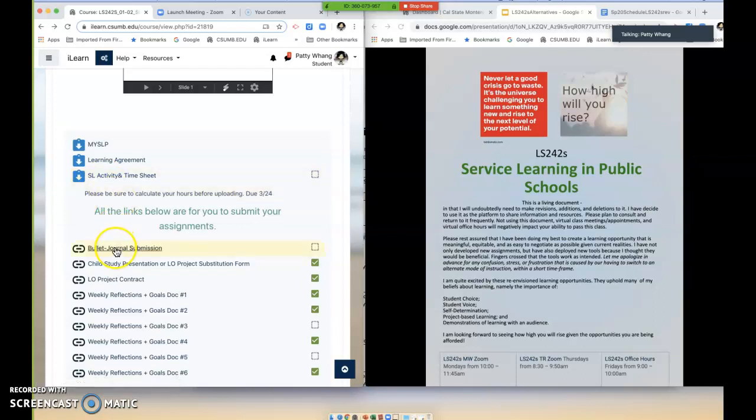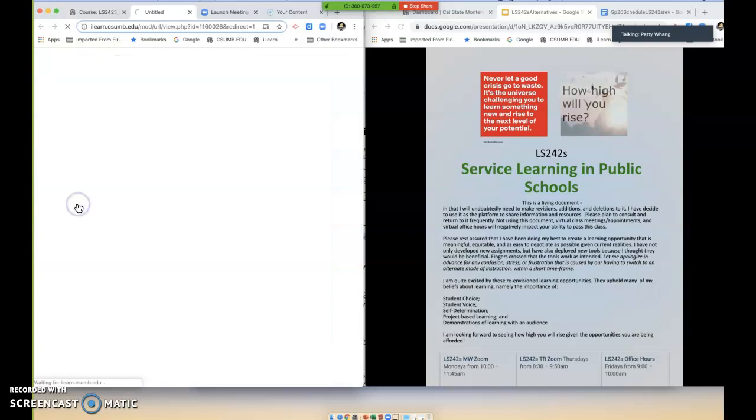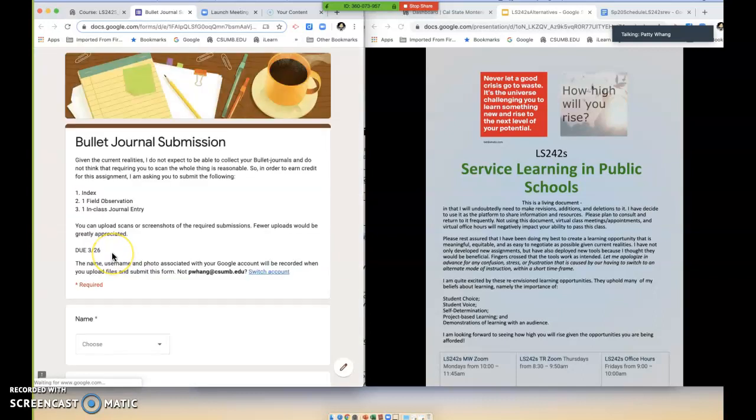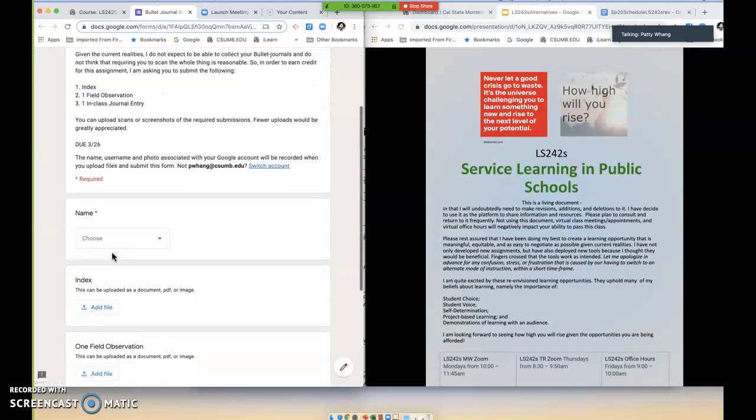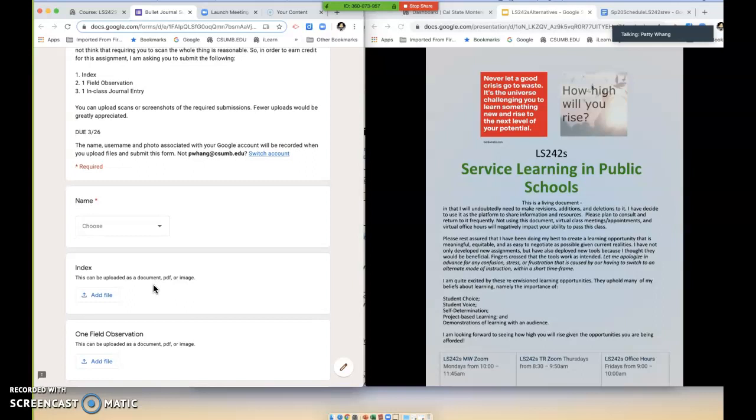Okay, and so these are links to Google Forms. And one of the things that Google Forms allows you to do now is to submit a file. And the reason why this is really nice is that all of this information gets imported into a spreadsheet for me.